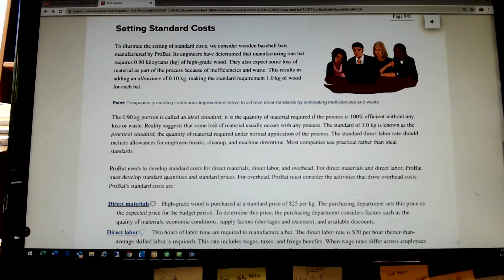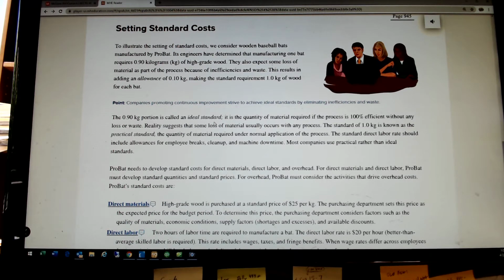An ideal standard assumes that nothing will go wrong. No machines will break down. No employees will be late. No supplies will be late or on back order. Well, things happen. So what we're going to do is build in a little bit of those kinds of things, and we just want to know what it should cost to make one unit of my product